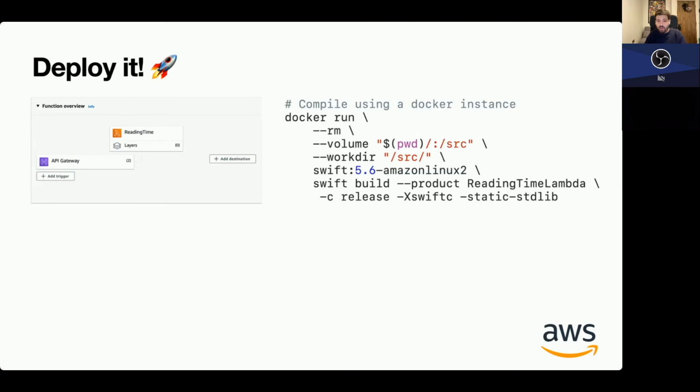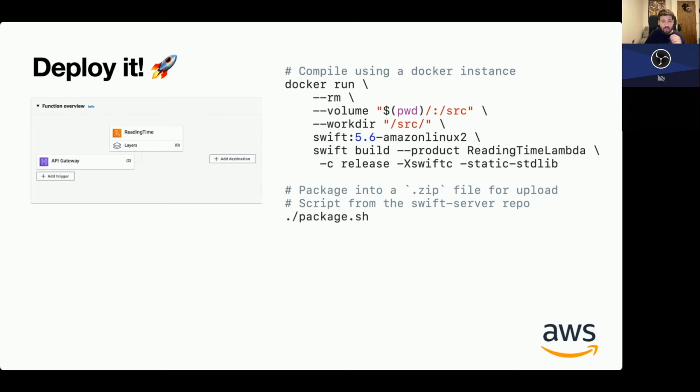And yeah, to get this running, we need to build an executable essentially, and we do this using Docker, and we run on the Swift 5.6 Amazon Linux architecture, and this image is provided by Apple themselves, and I'm pretty sure you can find this exact command in the AWS repo as well. And then there's other ways you can do it. You can put it in an S3 bucket, or you can update the source from your CI. But for the purpose of this presentation, I'm using a script from the Swift server repo as well, which you can call on your package after you've run docker run, and you call package.sh.